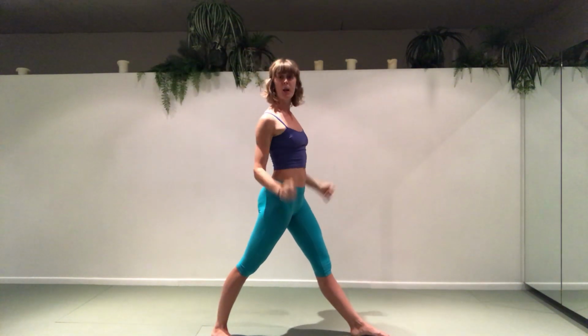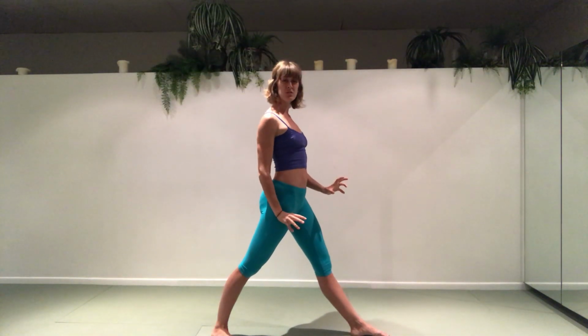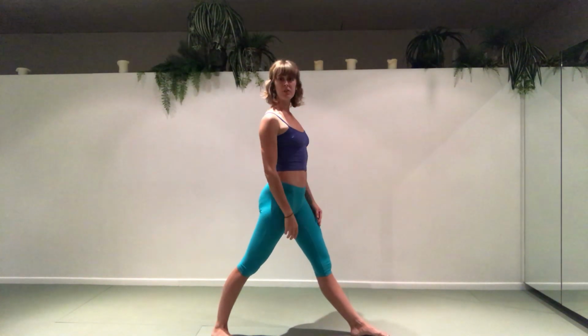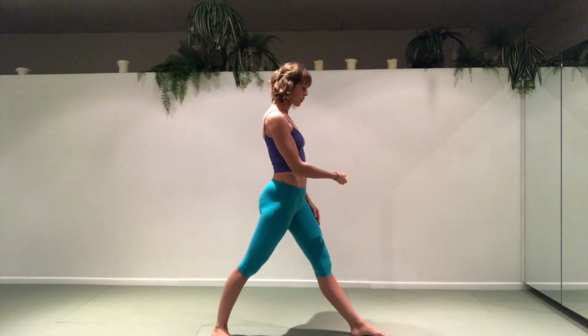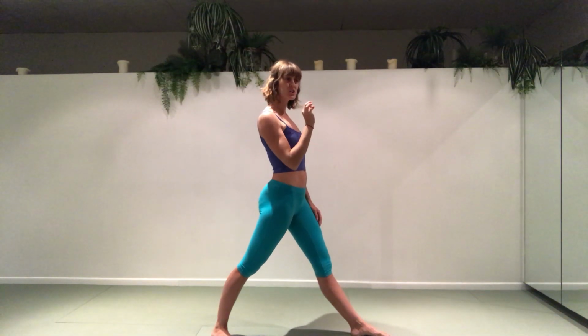You might even spend a couple of moments here just really getting the feeling of the feet down into the ground, the lift, that pressing down through the back heel, which gives you a rebound and a lengthening up through the chest. And from that point, you're going to start to tuck your chin into your chest and round and curl in. So I'm going to show you the first way,